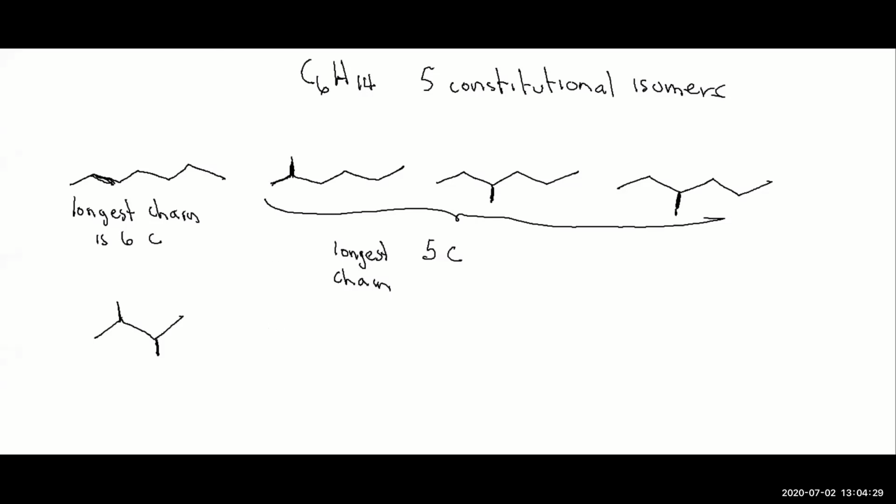What you can do is draw it like this, maybe. No, I don't like that either. How do we draw this? It's better to draw it, I think. It's 1, 2, so you'd have 3. You'd have 2 methyl groups here, and then 1, 2, 3, 4. I guess you could draw each vertically, 1, 2, 3, 4. You can draw it like this. Usually you don't want to draw straight crosses.